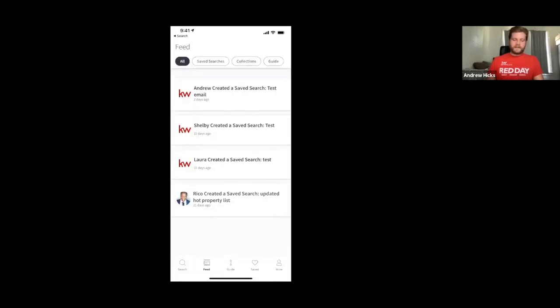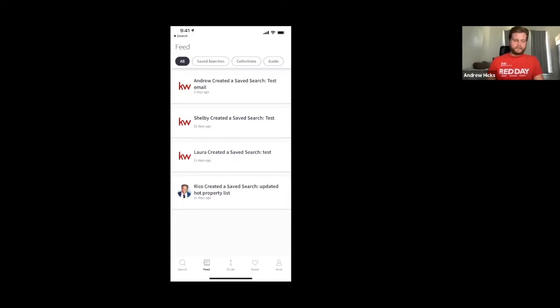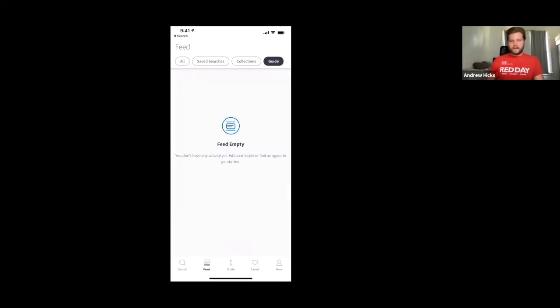Now the feed is going to show any of the saved searches that your agent has created or that they have created. It's also going to show the consumer guide. So if you have this client added to your consumer mobile app, if they're using it and you're working a transaction with them, you can look at that guide within the opportunities area and check off each step